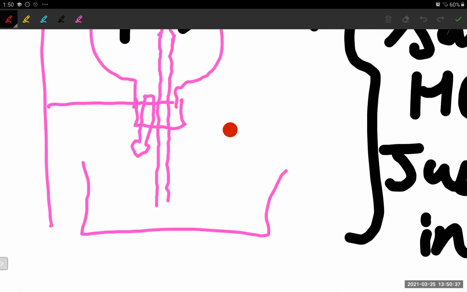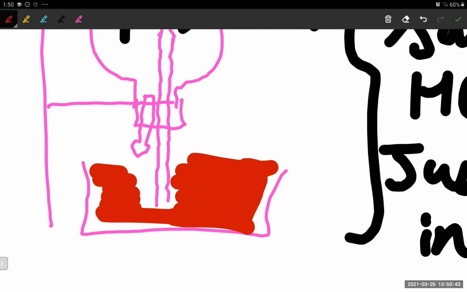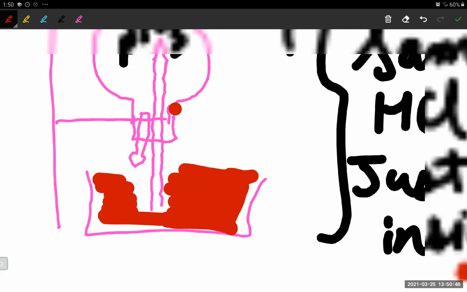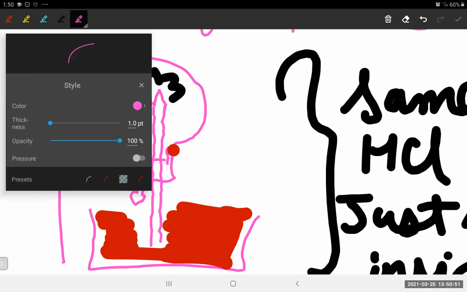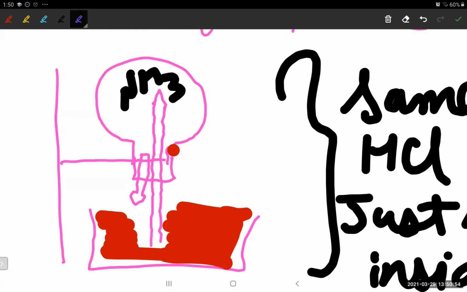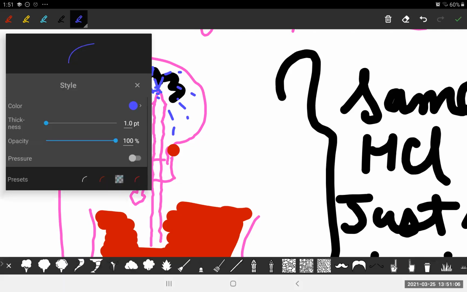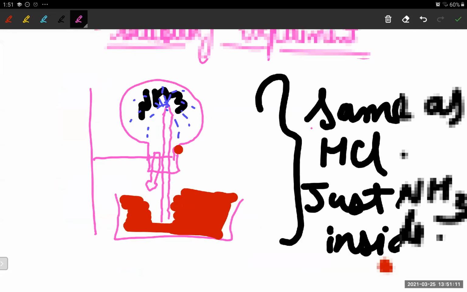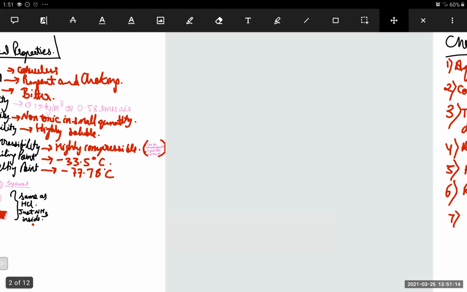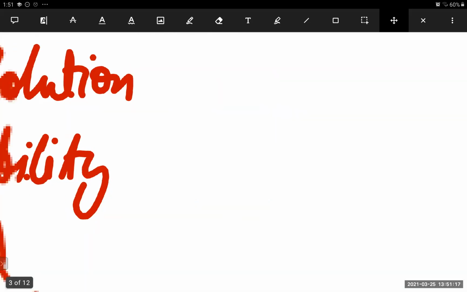So I'll tell you one more thing about this, that we are having this red litmus. I'll just make this diagram more illustrative so that you all understand. We have this red litmus inside, and here the fountain color is what? It's blue. Now the reason might be clear to you. Why is it blue? Because it is basic. Yes or no? It is clear. So because of its basic property, the fountain is blue. Red litmus paper is changing into blue. Okay. So let's talk about each one of them.